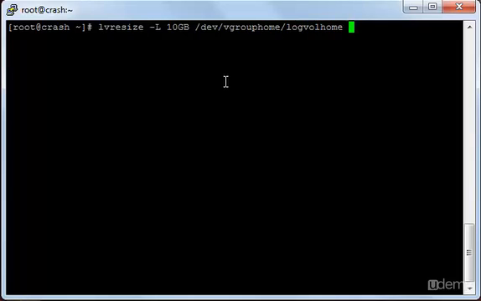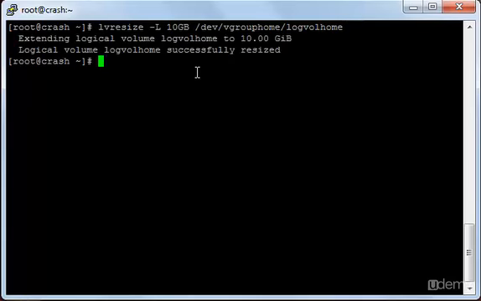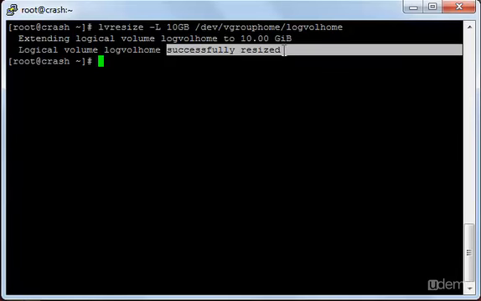And this means that I will increase the size of the logical volume logvol_home from 8 gigabytes to 10 gigabytes. If I press enter, as you can see here, extending logical volume to 10 gigabytes, and that it's successfully